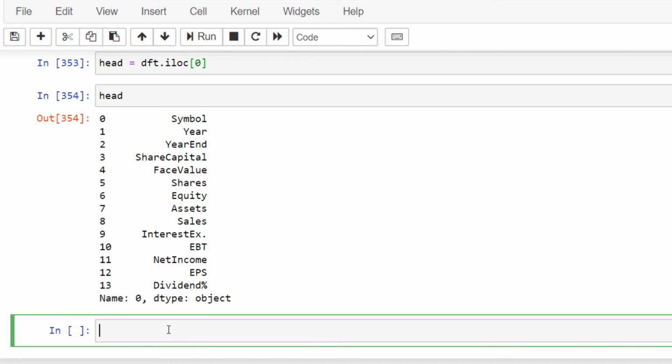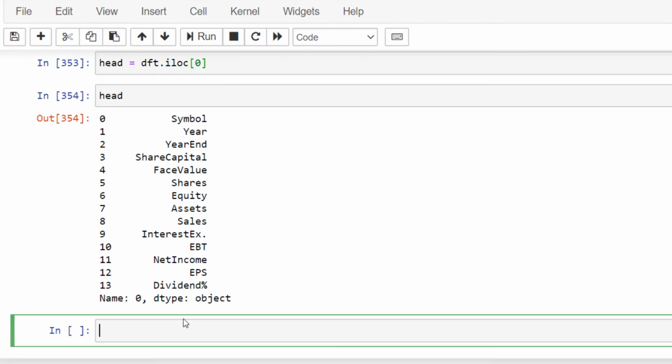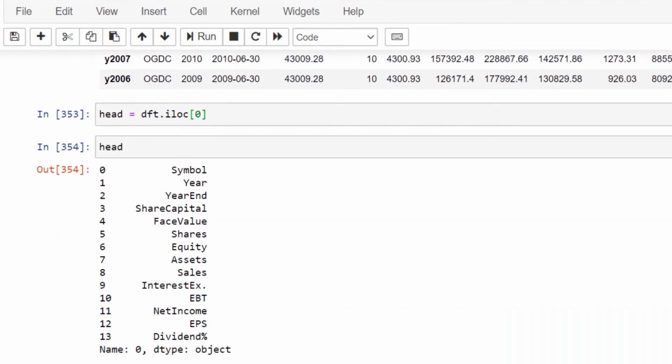So this variable head has all the contents of the first row. So this is our first step.